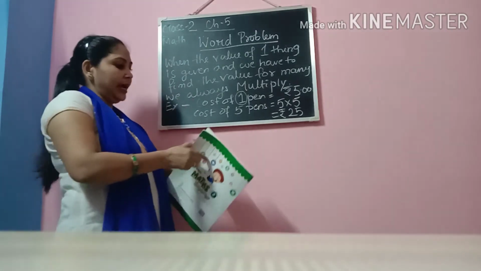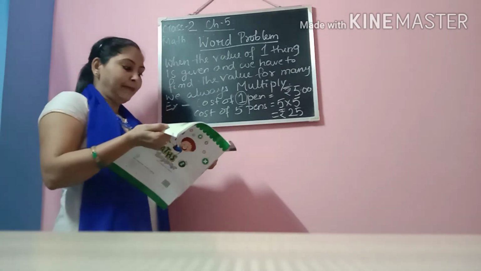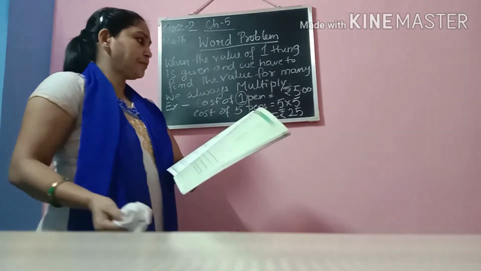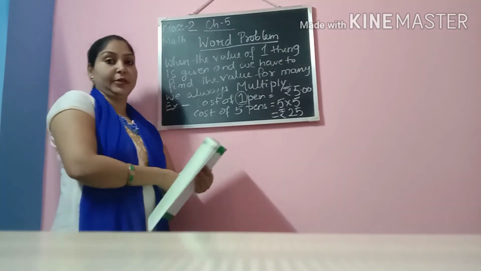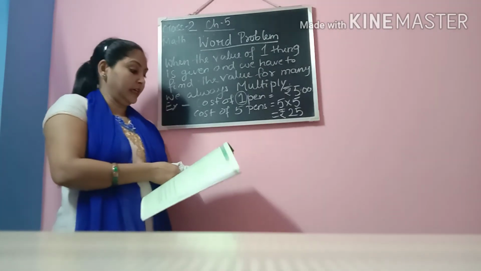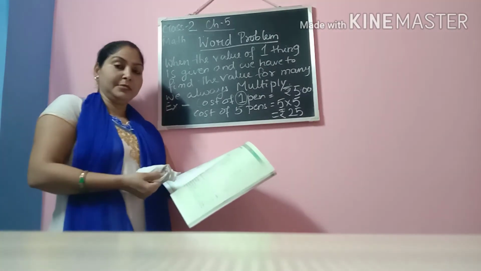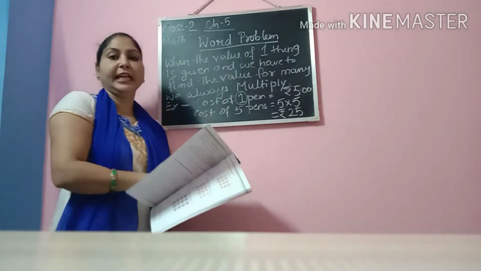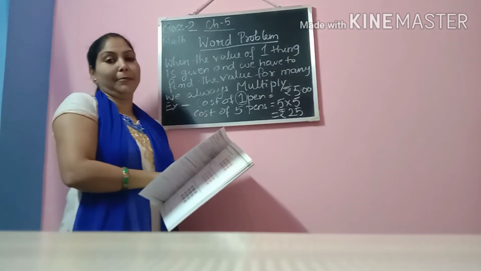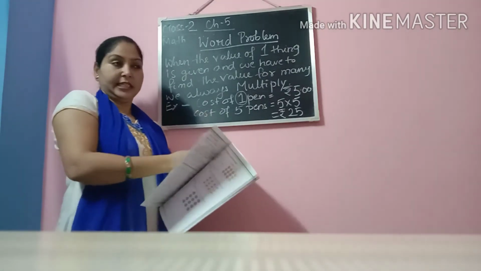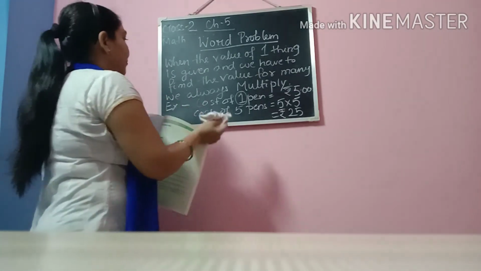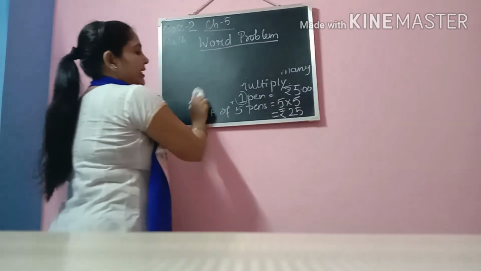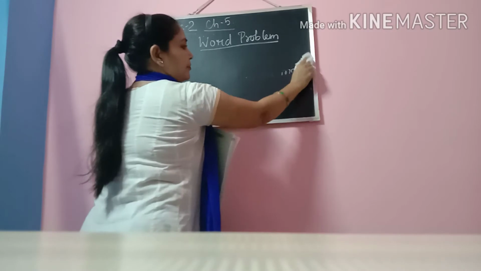Right. So I will take one example from your book also, so that it becomes easier for you to understand. So what you are going to do, children, when you do the word problems in your book, before that please copy what I have written in your CW copy, maths CW copy. Okay, it is very important for you to know. I am rubbing it and I will take one example from your book.